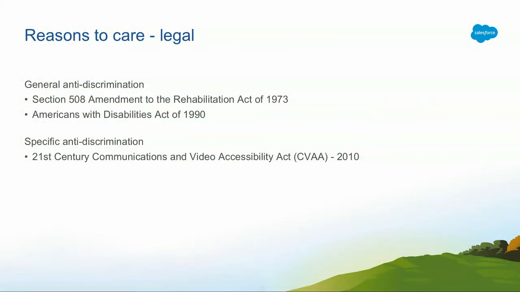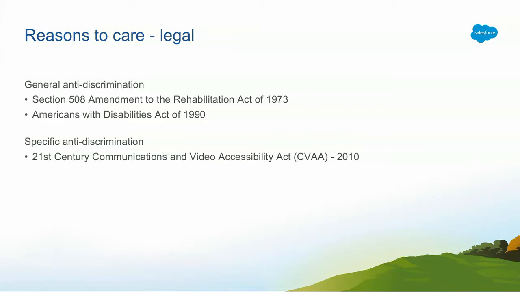So, reasons to care. There's lots of good legal reasons to care about it. The web moves very quickly. The law does not. The law is still catching up with the web. There is some general anti-discrimination laws that can be applied to web technologies, such as the Section 508 amendment to the Rehabilitation Act, which essentially means that if you want to sell your software to federal agencies, you need to be developing accessible applications so that their employees can use it. In fact, you need to be developing accessible applications to stay on the right side of any company that wants to